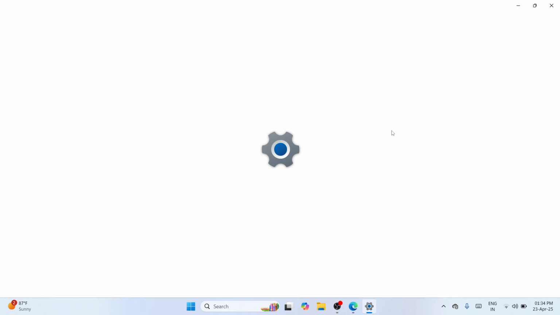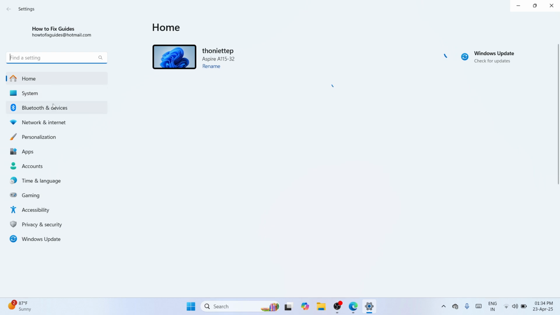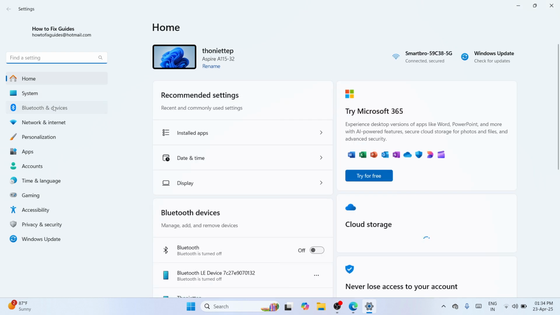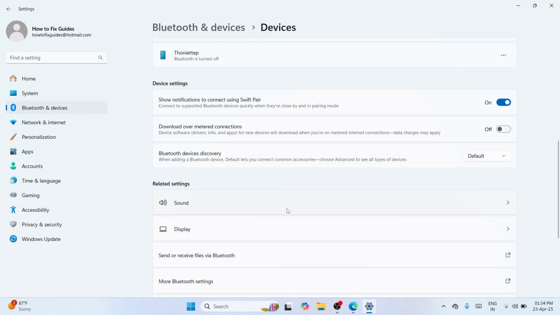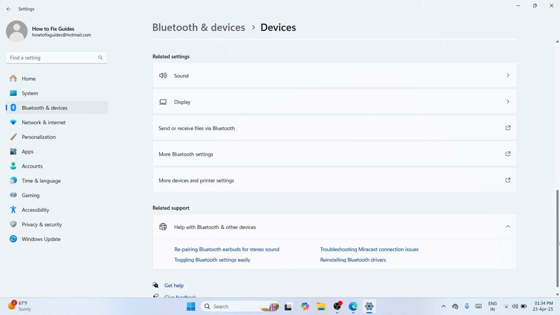So here at the settings, please proceed at the left side of that and look for Bluetooth and devices. Click on it. And under the Bluetooth and devices section, you need to navigate with devices. Click on it once again, and afterwards, you need to scroll down on the list and go with this one, related settings. Scroll down once again and locate for more devices and printer settings. The next thing that you need to do is tap on it to bring up the devices